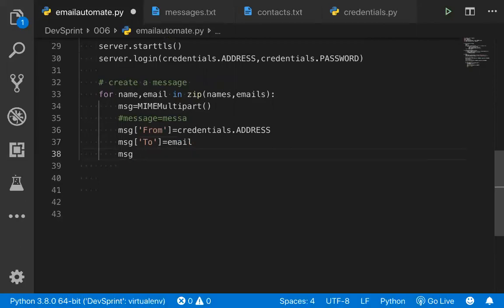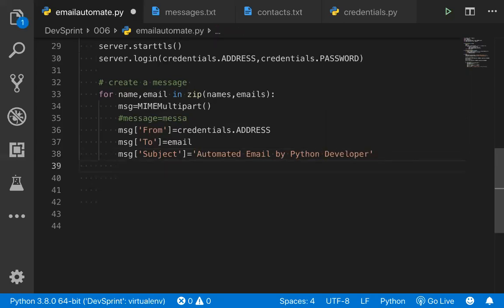I want to write the subject here. Subject is nothing but, like in the email, we have the subject. So I'm writing a very simple subject called automated email sending by Python, or automated email sending by Raja, whatever it is. We can write something like this. Okay, automated email, because the subject we can better keep like this. Python developer. Right? This is a subject.